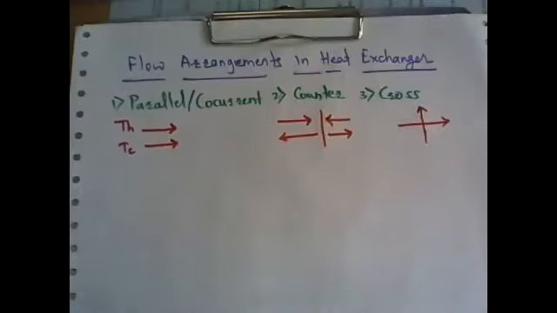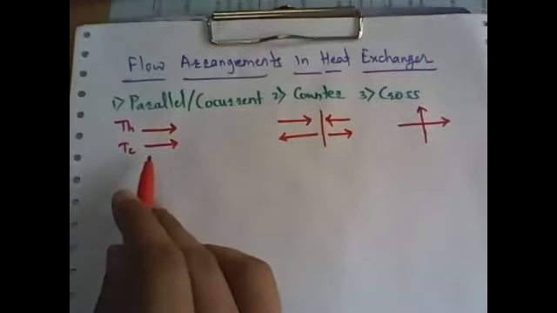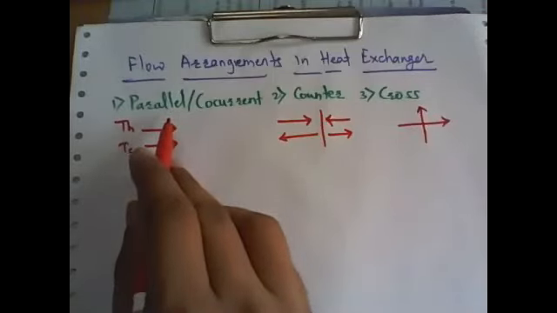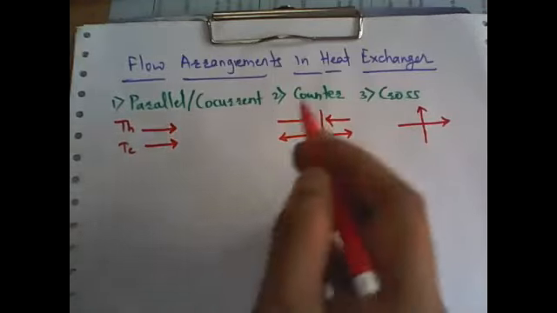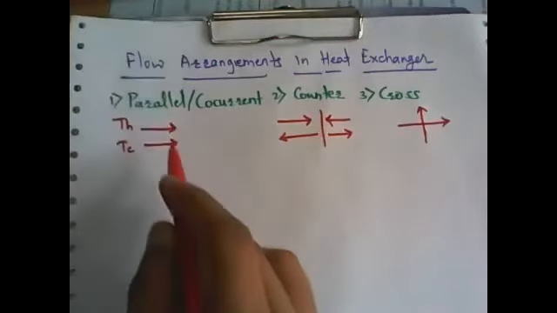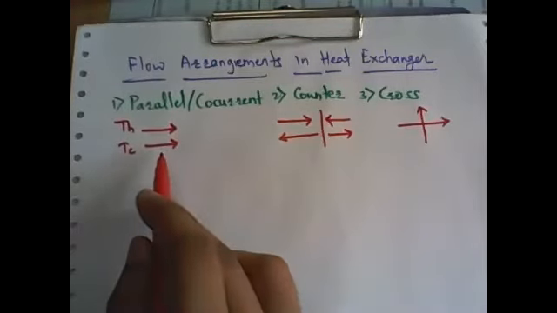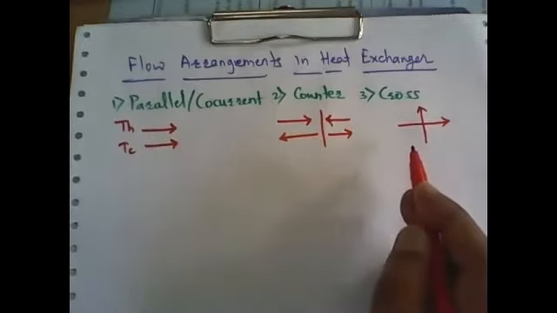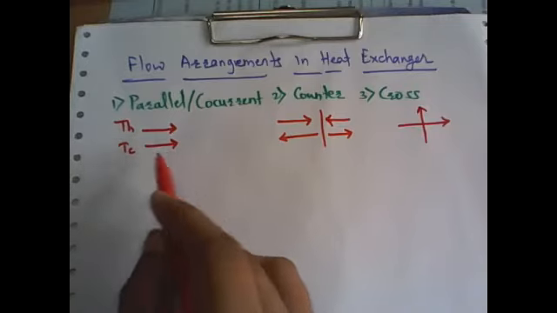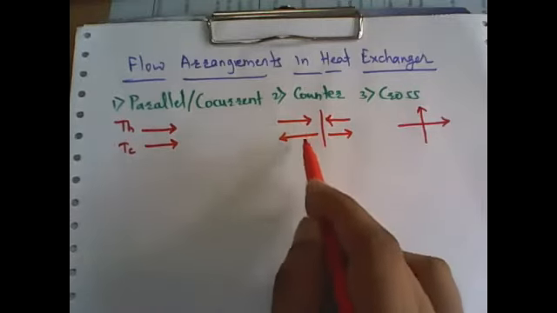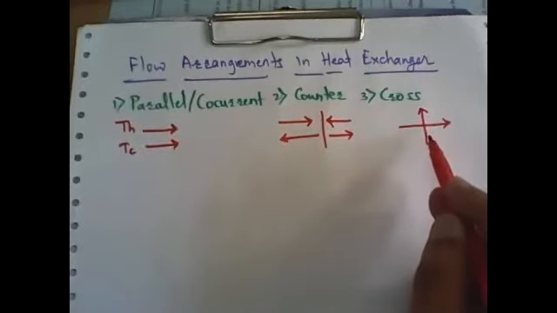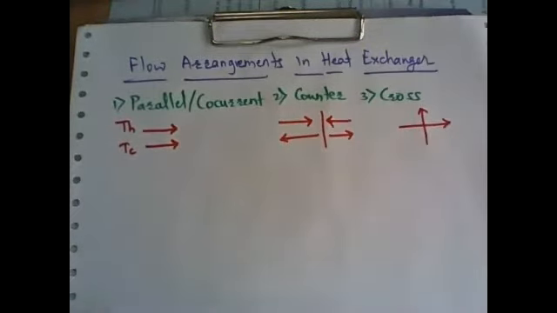So we can understand that on the basis of the direction of the fluid, this classification of heat exchanger is there. Heat exchangers are classified on the basis of flow arrangement, and the classification is simple: co-current, counter current and cross. If both fluids are parallel to each other, then it is co-current. If they are in opposite directions, then it is counter current, and if they are cross to each other, then it is called cross flow.